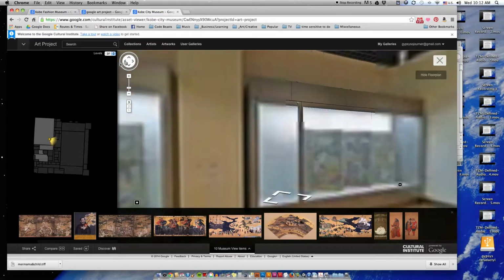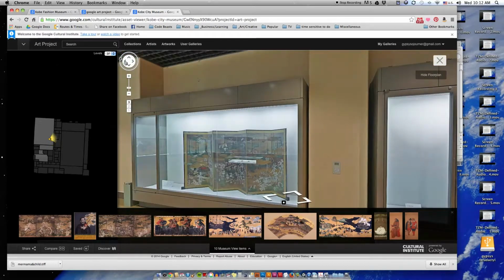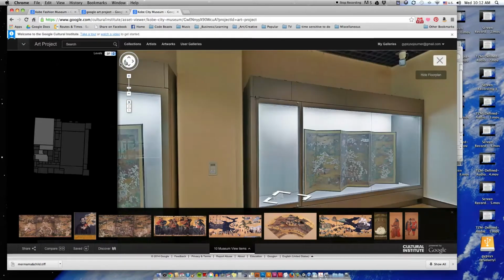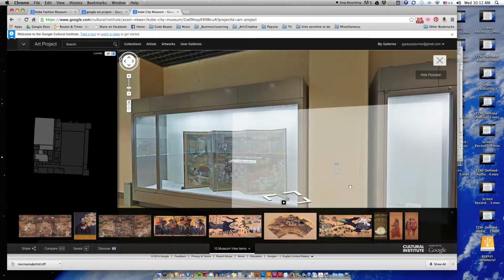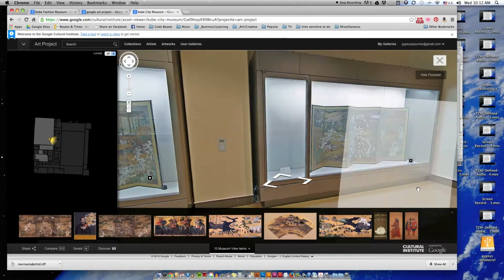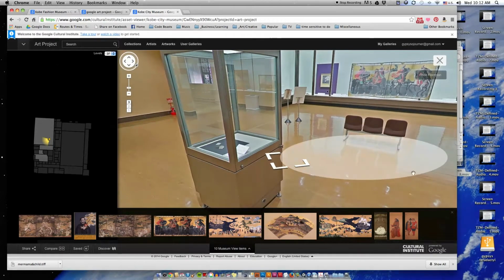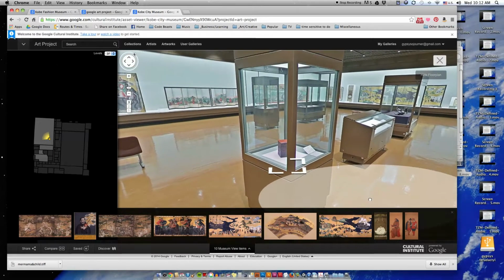You can look around. And everything comes in focus when you rest for a minute. I think this must be like the main area or something. Or you can use those levers up there, right here, or you can just drag. I, however, tend to get a little lost sometimes when I do this, because sometimes I end up on the ceiling, so if that happens, bear with me, but...